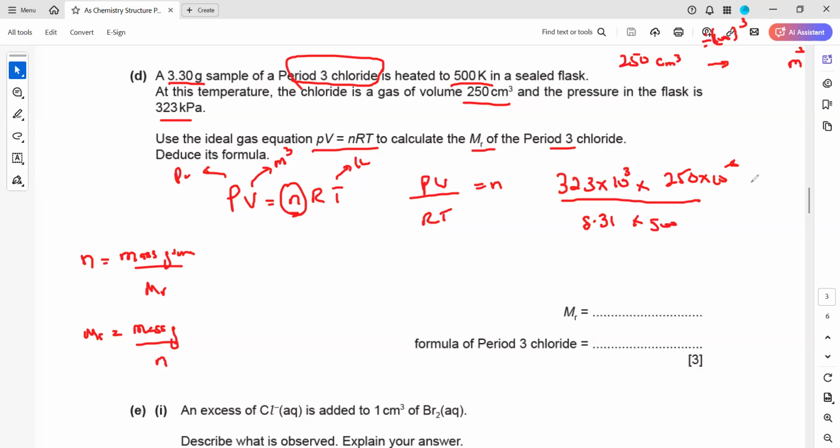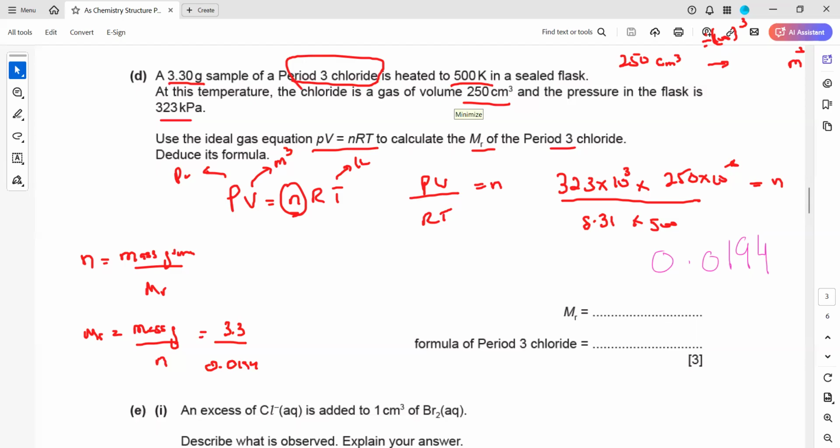When we simplify this, we'll get the number of moles. How many moles are there? So we got 0.0194 moles. Okay. So these are the moles. Then we need the molar mass. The molar mass is mass in gram divided by the number of moles. So this was 3.3 divided by this value, which is 0.0194. So we got 100 and